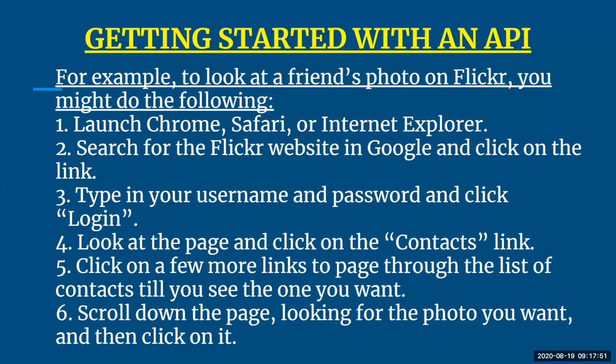So for every sequence of step, what will be the step and what will be the corresponding response to that, everything needs to be trained to an API, because it is a system, it is a machine, it is a computer. For each step you need to train them. They are not like us that if we give any problem to them, they will come up with a series of steps to solve the problem. For everything you have to train a system, or you have to train your software components. So similarly, getting started with API here refers to that.